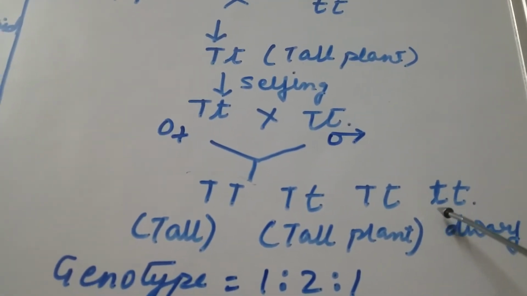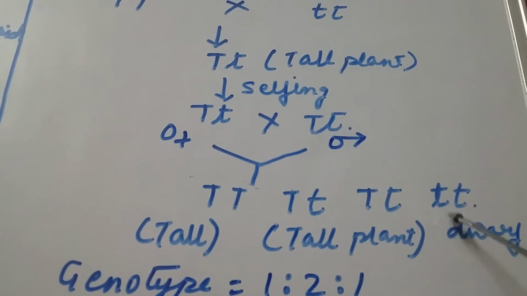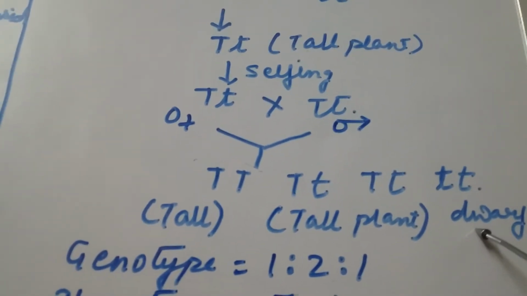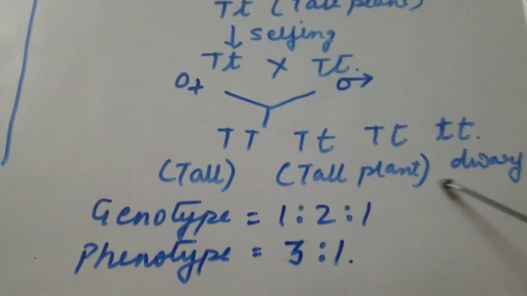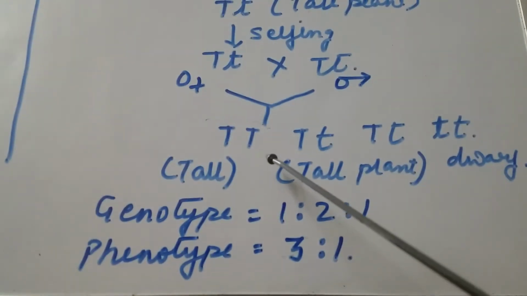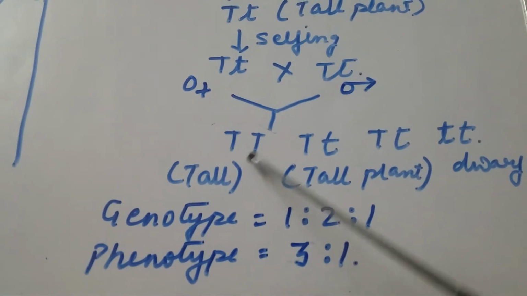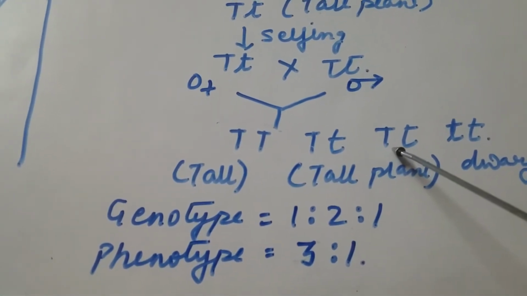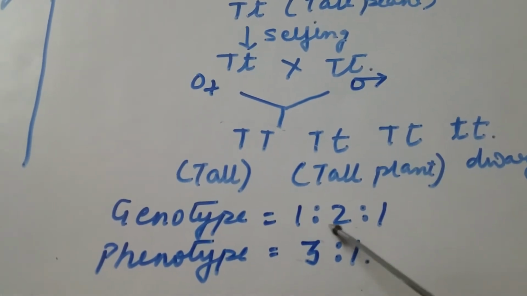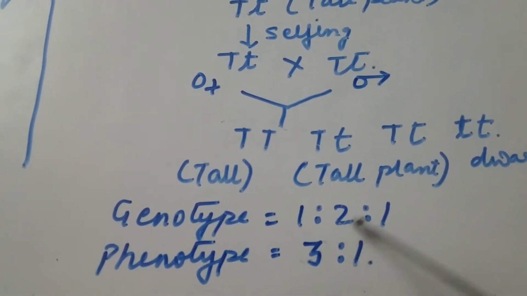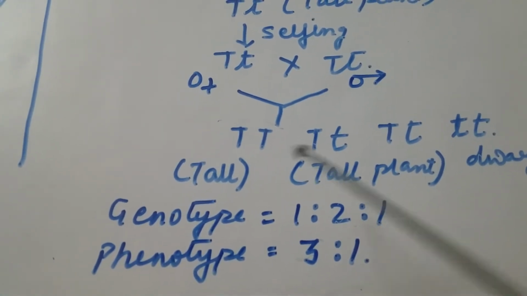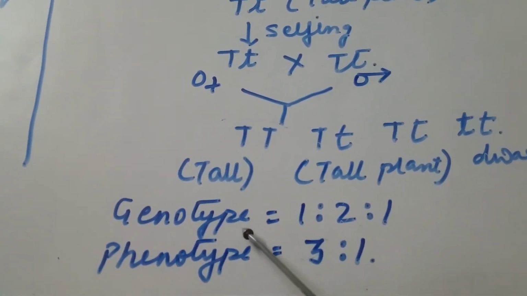And due to the presence of the recessive allele, it will lead to the formation of a dwarf plant, as a result of which the genotype ratio becomes 1. There are 2 Tt, so it is counted as 2, and 1 dwarf plant with 1 tt. So the ratio of genotype becomes